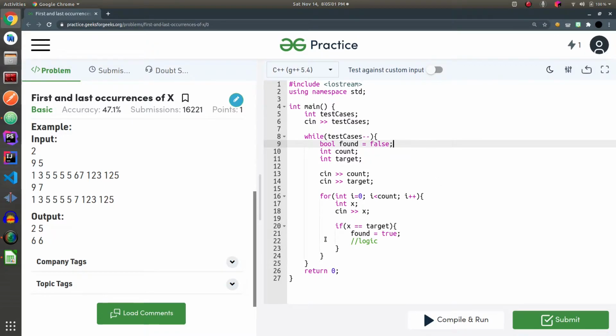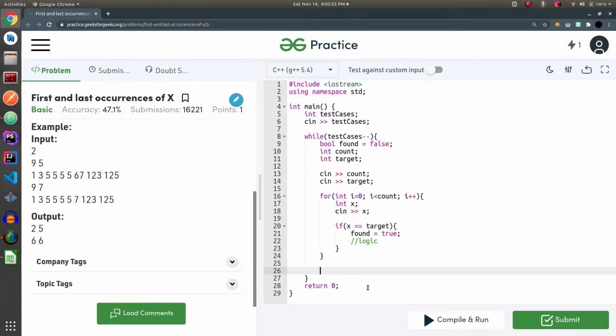If during the iteration the control ever reaches this block of code, which means that the array does contain the target, found equals to true, so we need to print the result before the while loop ends here.